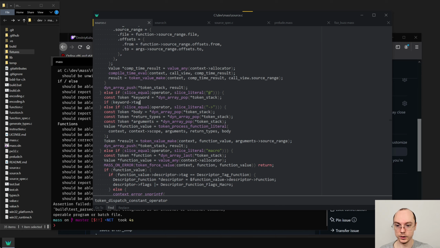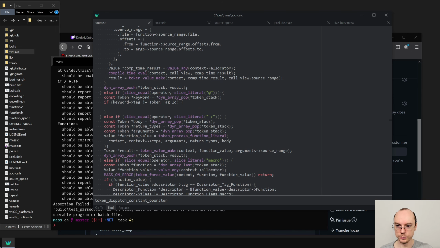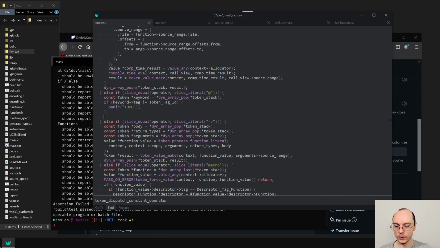If it's not an identifier, then we have a problem because we expect it to say scope. For now, just panic to do. And then we would say